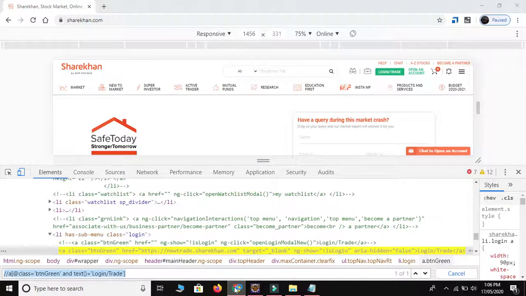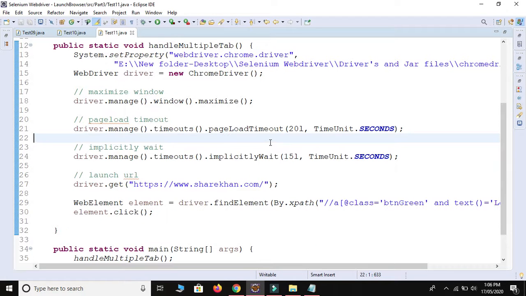So let me run the script. It will click on the login or trade button. So just run and wait for the execution. I mostly use Chrome driver to create an XPath.